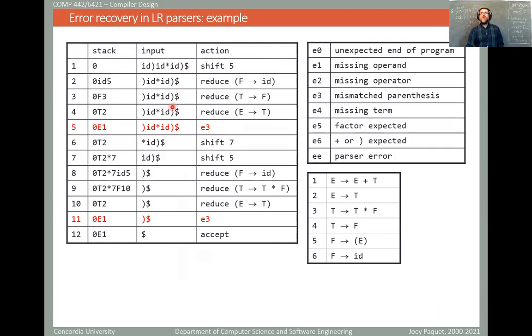So this is how you do error recovery in LR parsing. Because all the LR parsing methods use the same goto and action table, they all use the same error recovery technique, no matter if you're using items, lookahead sets or not. They're all using the same recovery method, which is